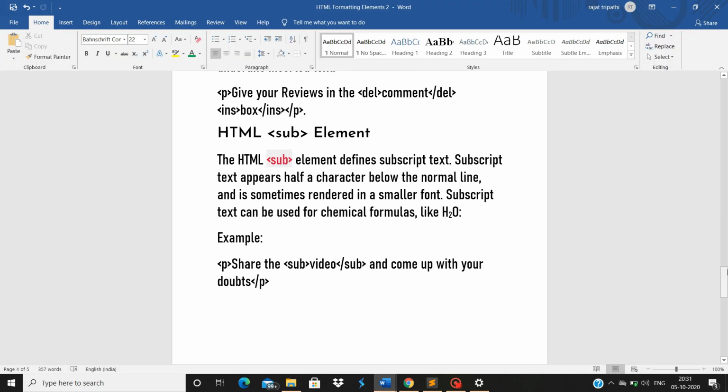So going further, the next element is our SUB element, which stands for the subscript. Most of you know what subscript is. I'll show you in the text editor.